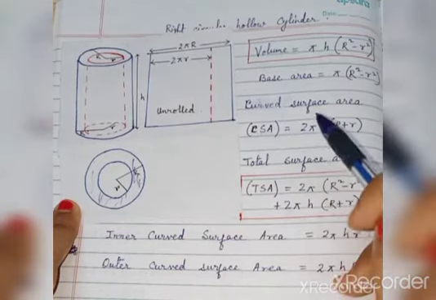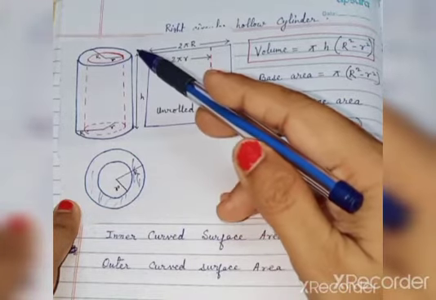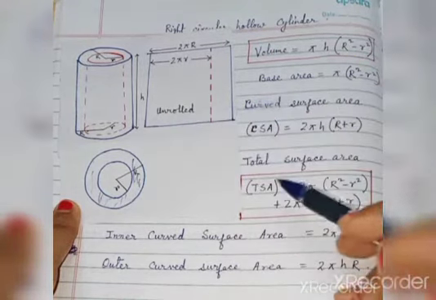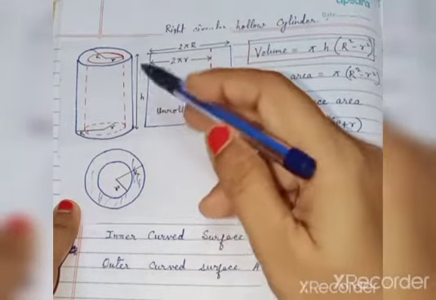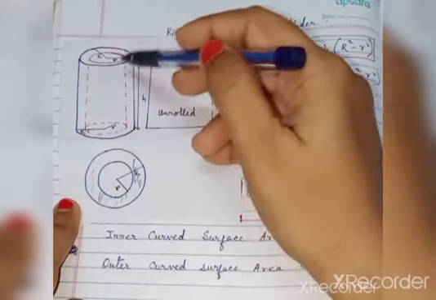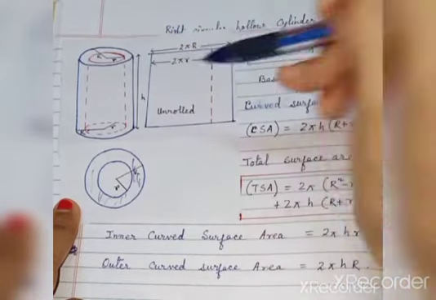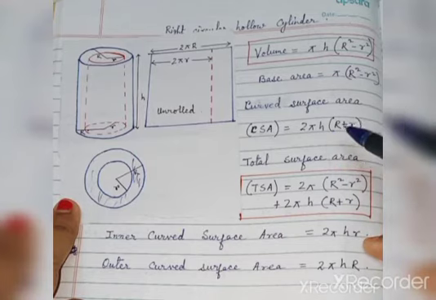The curved surface area, that is CSA. So the curved surface area for the outer one is 2 pi capital R into h, and for the inner one will be 2 pi small r h. So we have to add both since it's hollow. That means the outer and the inner both will be included here, because both sides we can paint. So if you take 2 pi h common, then under the bracket we will get capital R plus small r.